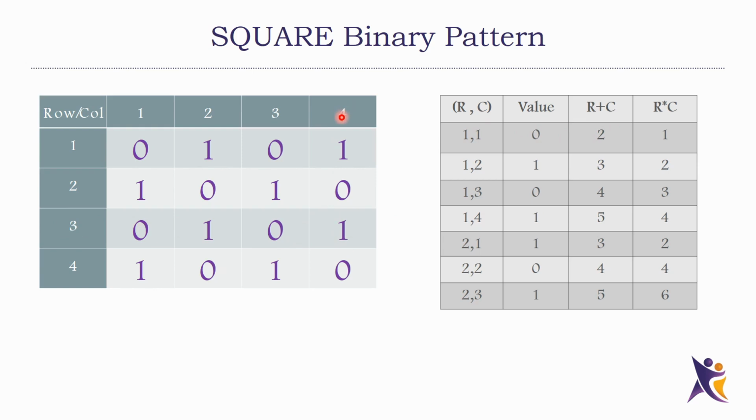Just add 4 plus 3 is 7, which is an odd number. You take anything, this one here, 4 plus 2, which is an even number. So I found the logic. In that inner loop, I'll print 0 if the row number plus column number is even, if r plus c is even. Otherwise I'll just print 1. So that's the logic that I'm going to use inside the inner loop. Let's go and see how to do that.